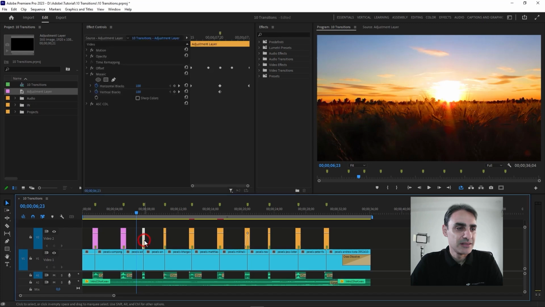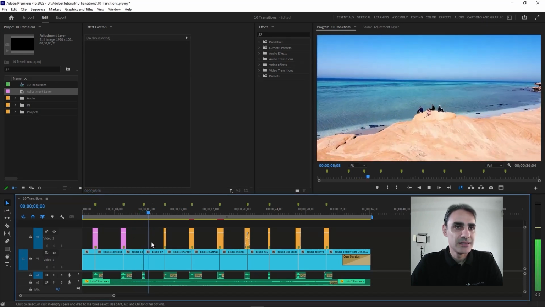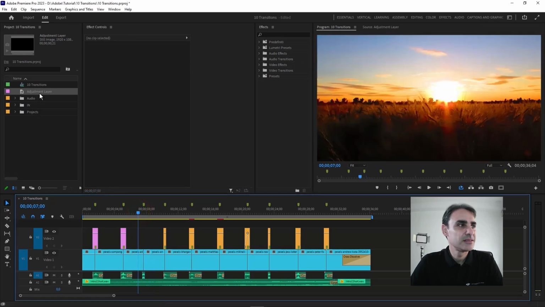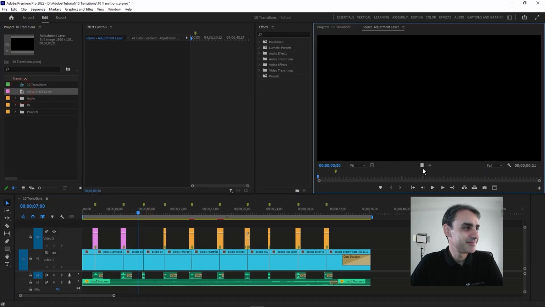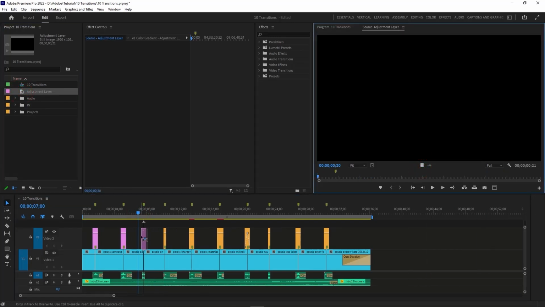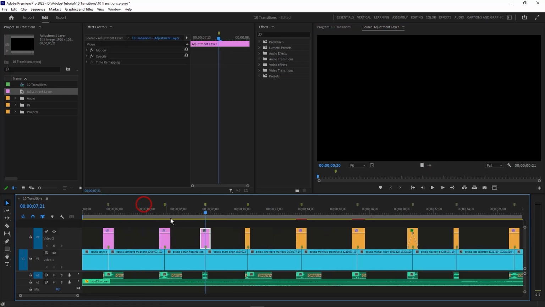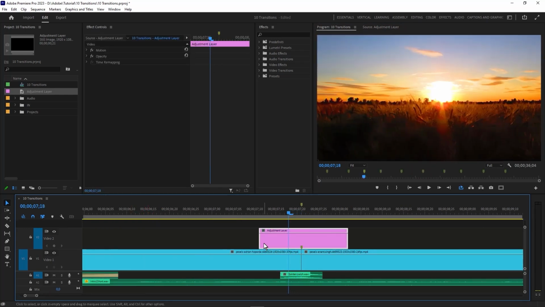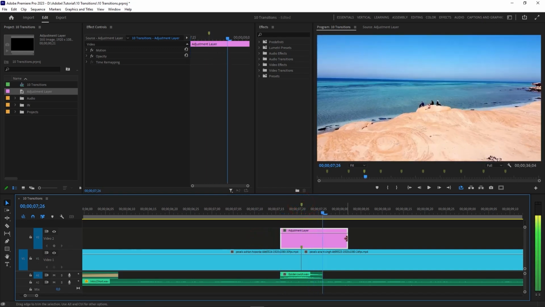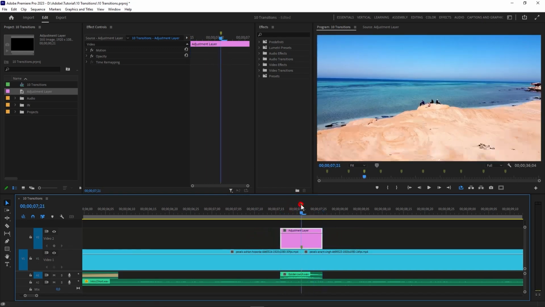Let's start! As we know, the first thing to do is add an adjustment layer to the sequence. This time, the duration of the transition will be 10 frames. We insert the marker in the center, position it in the timeline with the marker at the cut point. To make this transition, we will need 3 effects.